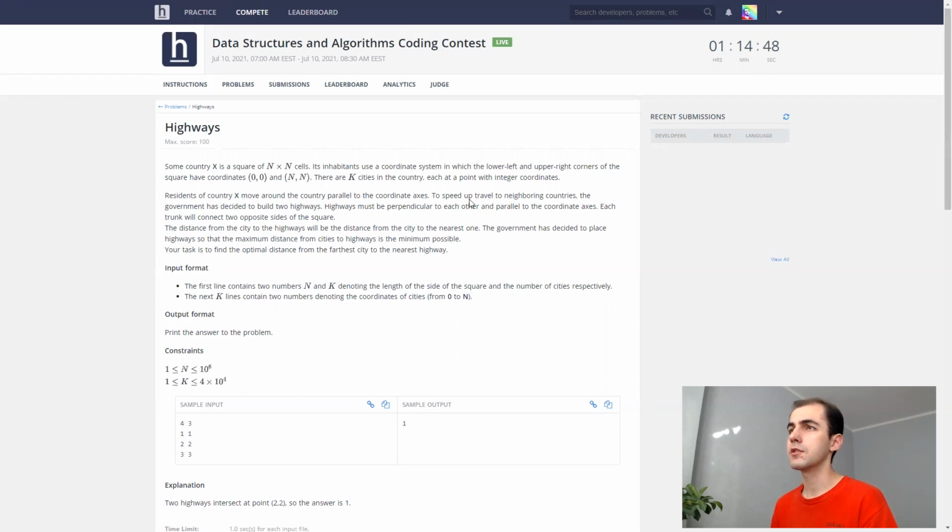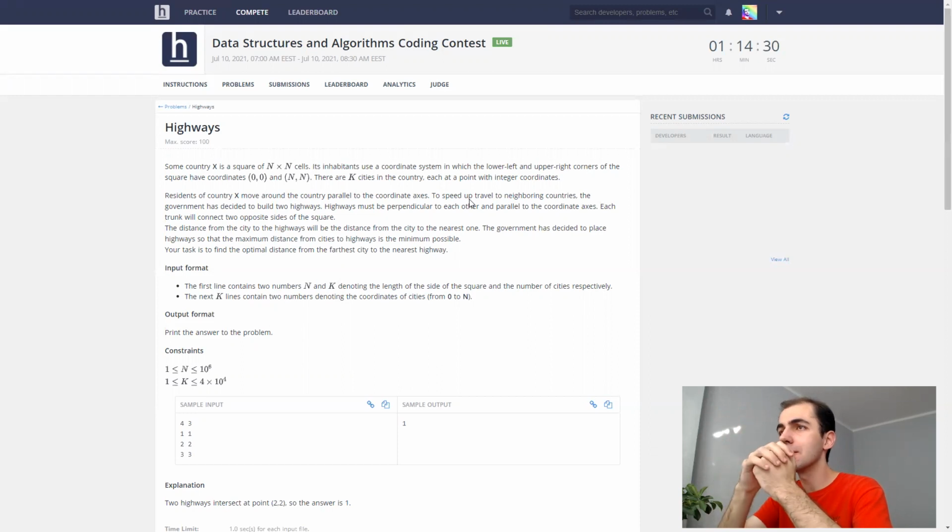To speed up travel to neighboring countries, the government has decided to build 2 highways, I assume like this, right? Horizontal and vertical, exactly.